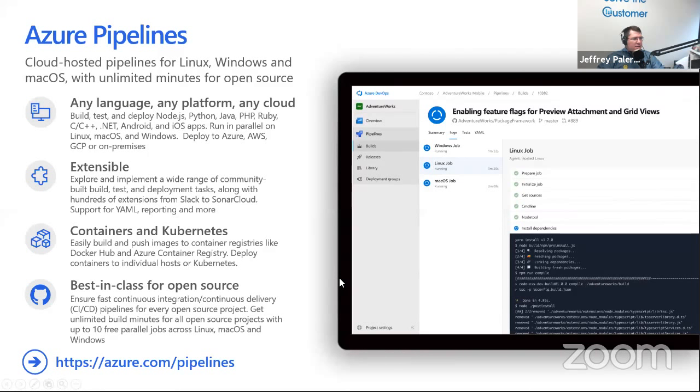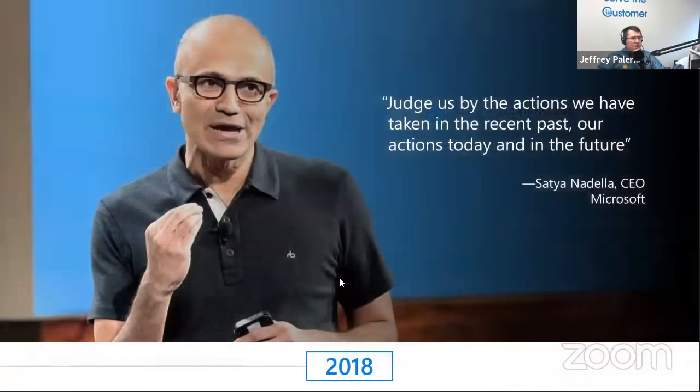But Kubernetes is not quite there yet, but it's coming. It's coming. And Windows containers are also being worked on. So